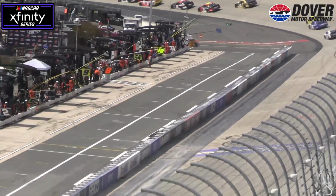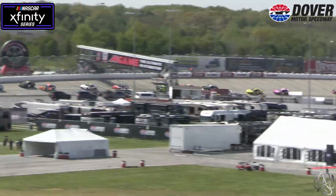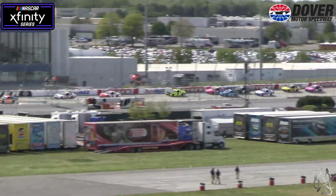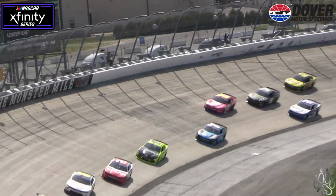Throws the block on Gregson going into 1. Not sure I'd have done that based on their history, but Noah Gregson gave him a lift. Challenge now is on for the number 2 position. Here comes Justin Allgaier. He's on the comeback trail. He'll blow past the car from